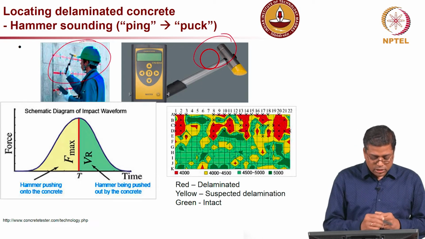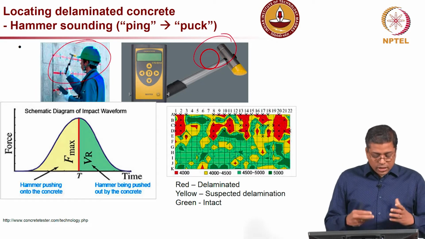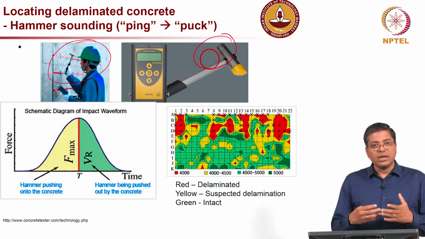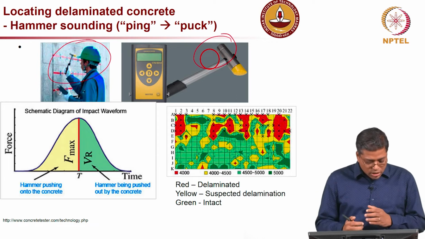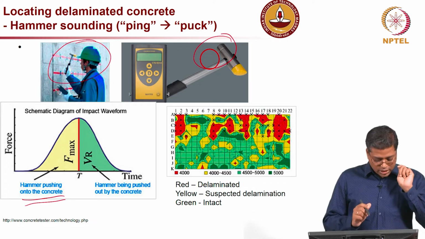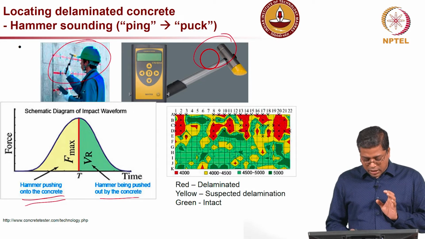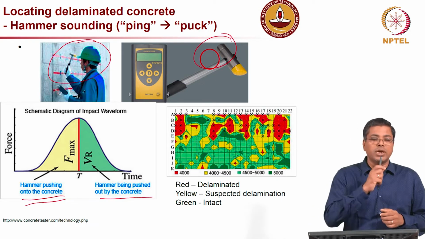As you see here, this person is hammering it onto the concrete surface, and you can determine whether there is delamination or not by looking at the force, the hammer pushing onto the concrete, how much is the force, and the hammer being pushed out. So, when you hit it,